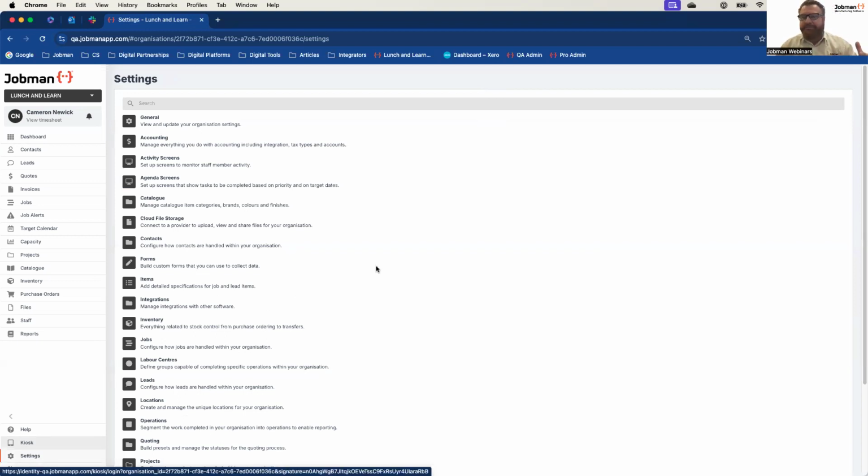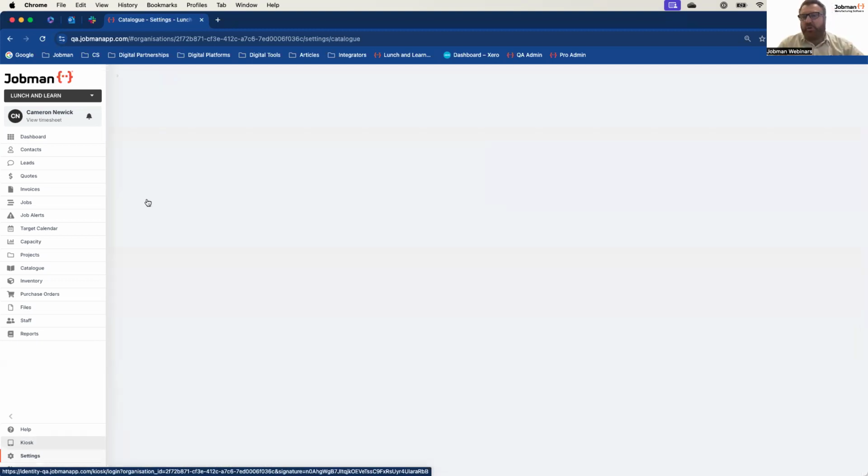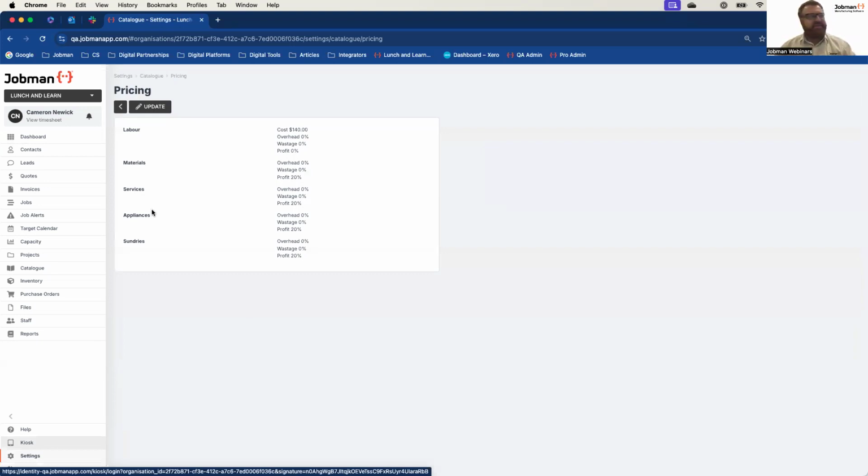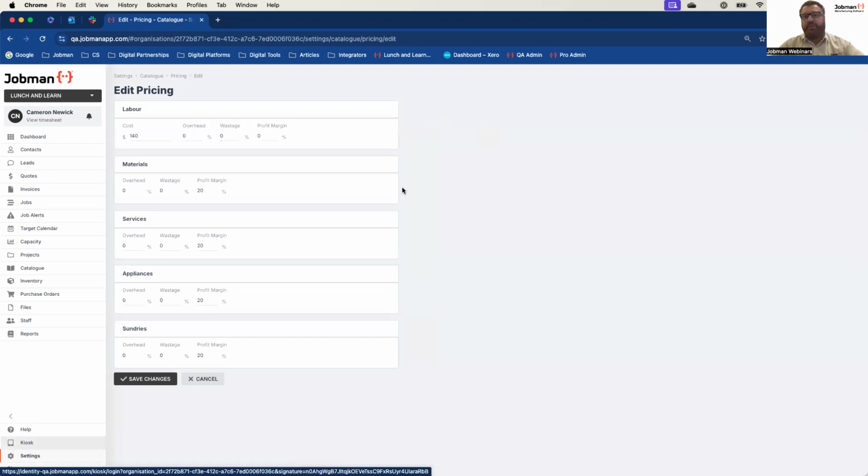So the first, simplest place to start in the software is setting up what we call your overarch pricing. Under your settings, if you go into your catalog, you'll see a first configurable. This is an overarch configuration for all of the pricing in your software. It's broken into several areas, but the main three we want to focus on are labor, materials, and services.